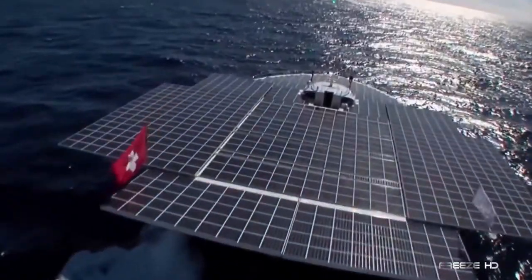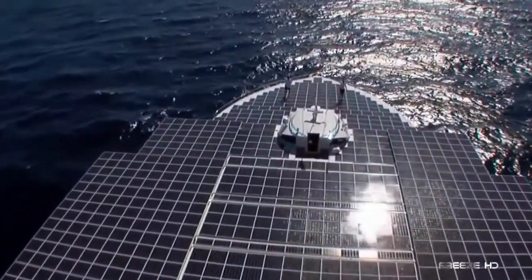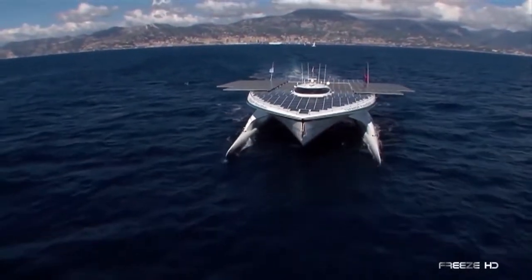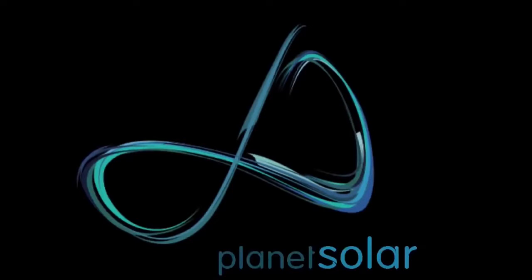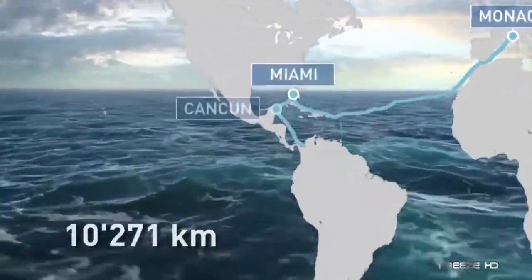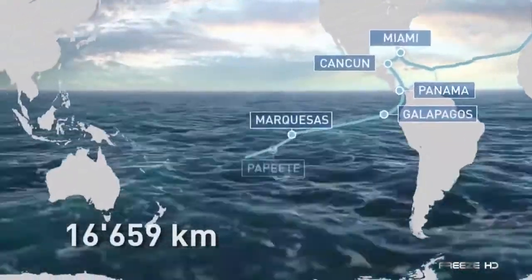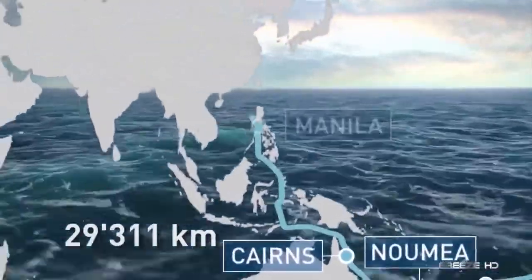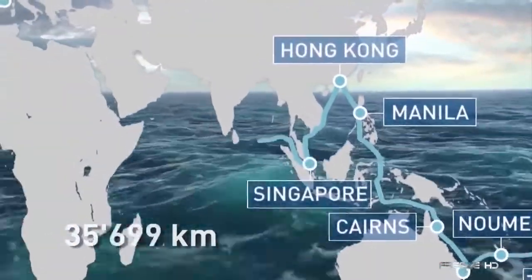This is the MS Turanor PlanetSolar carbon fiber catamaran, the largest solar-powered ship to ever roam the oceans of the world. Originally built by Swiss company PlanetSolar after 3 years of testing, this breathtaking sea vessel was launched from Monaco in March of 2010. In May of 2012, the MS Turanor PlanetSolar successfully completed a complete circumnavigation of the Earth, a voyage covering